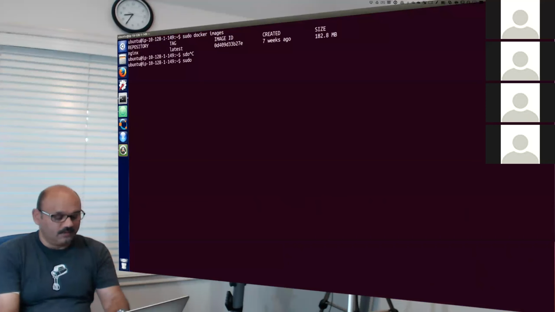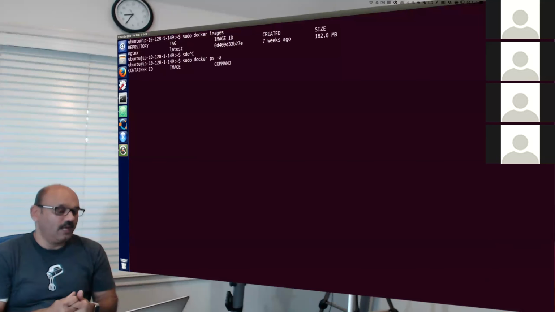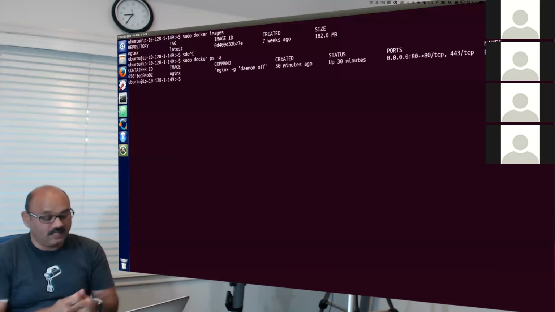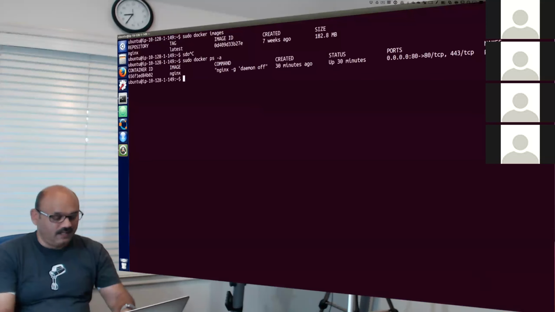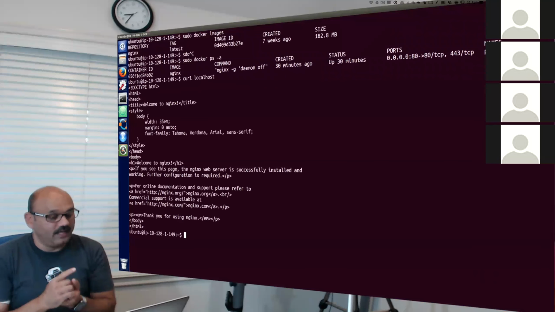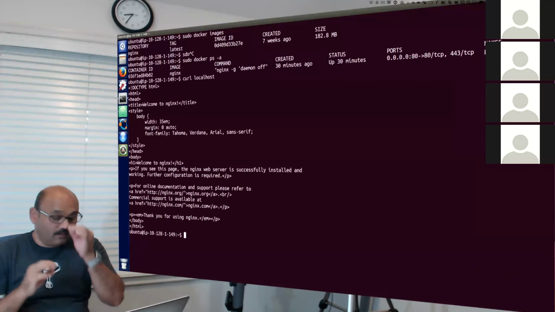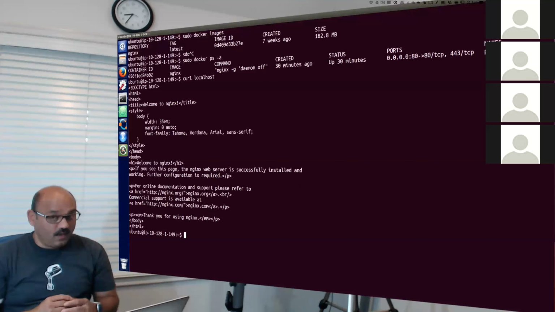So sudo and then docker ps -a, show me the running container, and you should have a container running Nginx. There we go. Now, can we see the output of the container? Curl localhost. Can you show me what you have? And it says HTML, doctype, this and that, Nginx showing up right now. Bingo. Awesome.